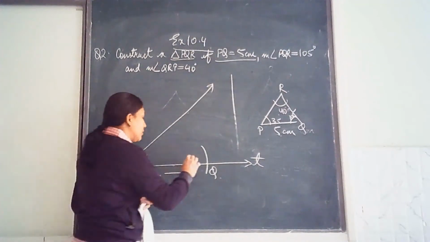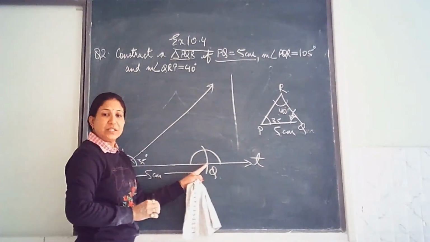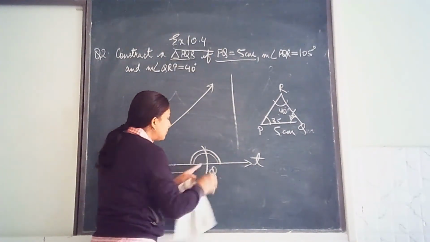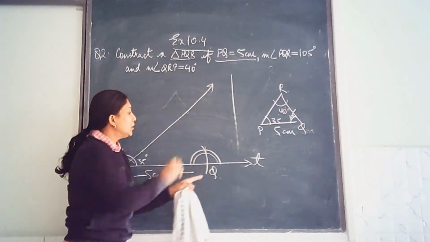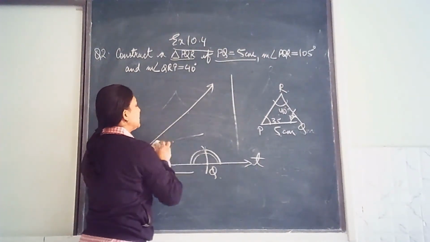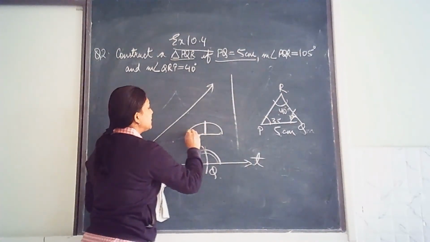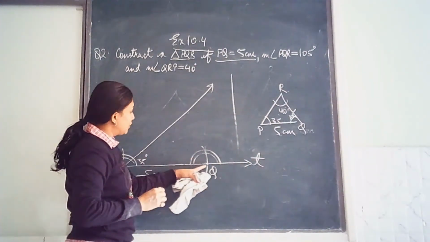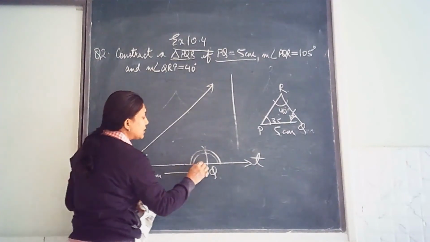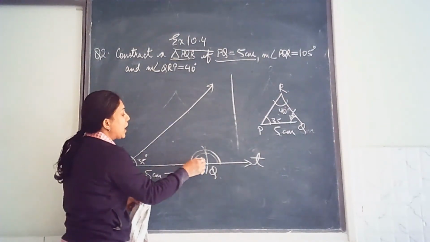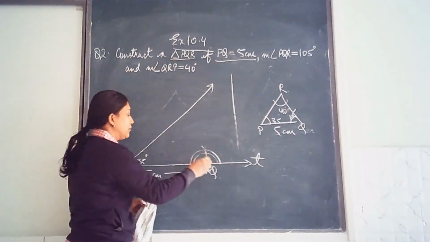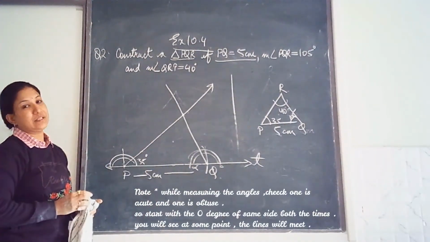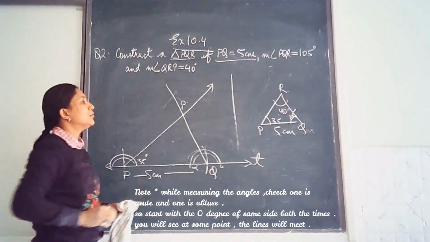Again, take out your protractor. Now you place it at point Q. And again you take care that the straight line should overlap with this point. You have a protractor like this. So this point should coincide with the point marked here below. Now, taking this as center, you place the protractor and from this you measure 105. You will get the point of intersection. See, this will be your point R.